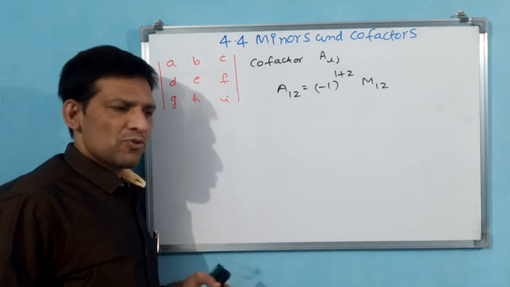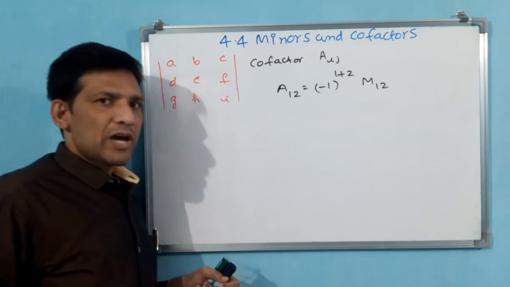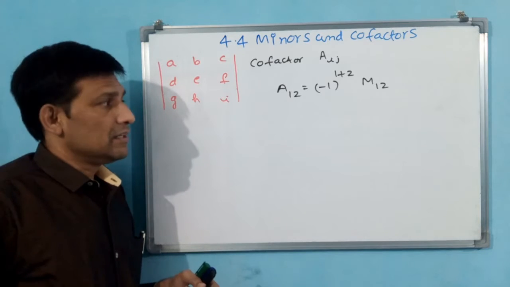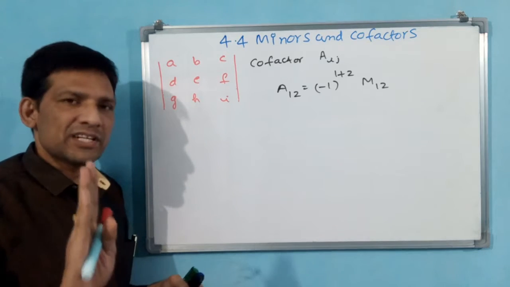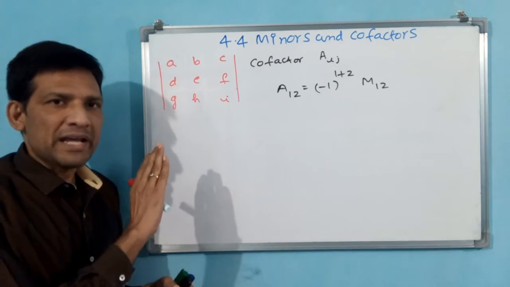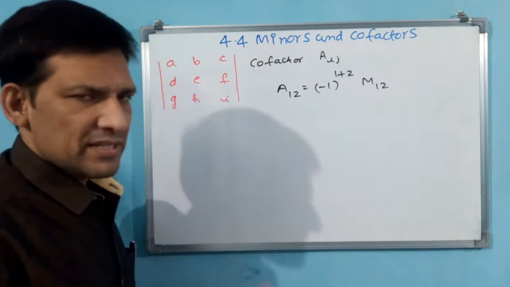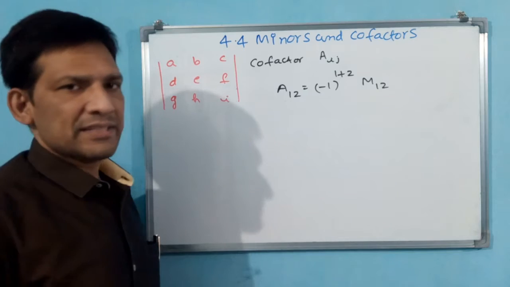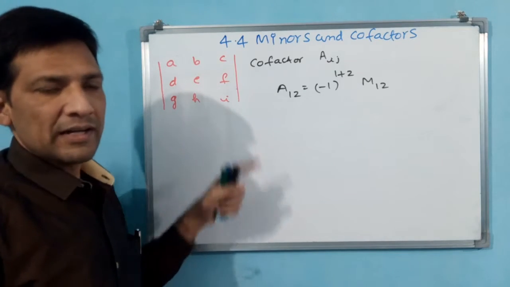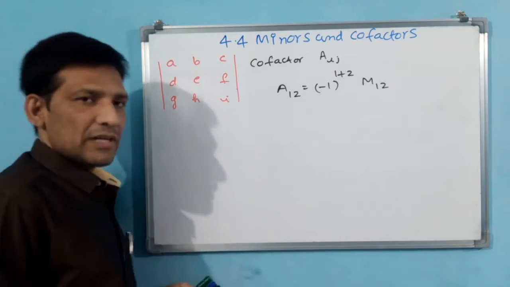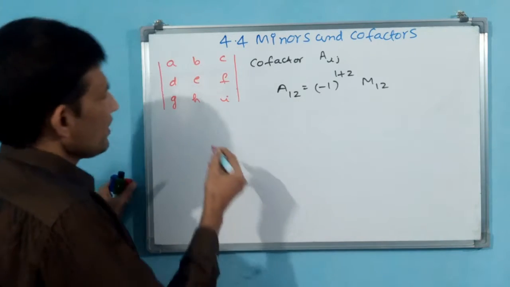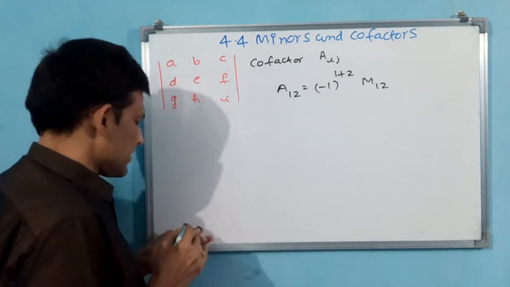That's all. No additional thing is done for the cofactor. We already calculated the minors, and those minors we are again putting a plus sign or minus sign on, depending on the row and column. If it is first row, first column, you see what will happen here. I am writing.